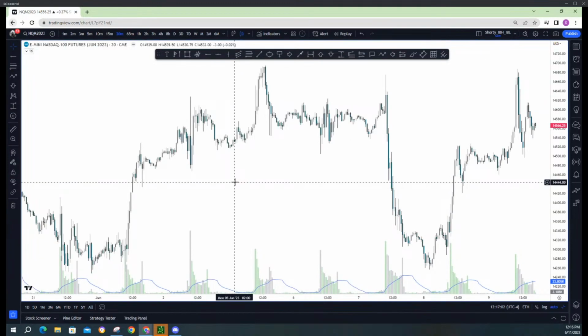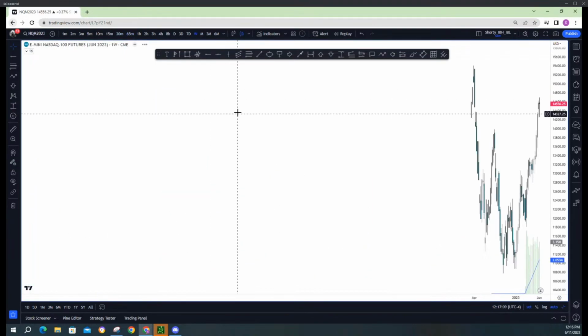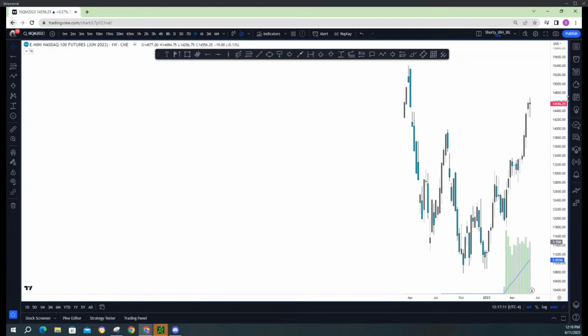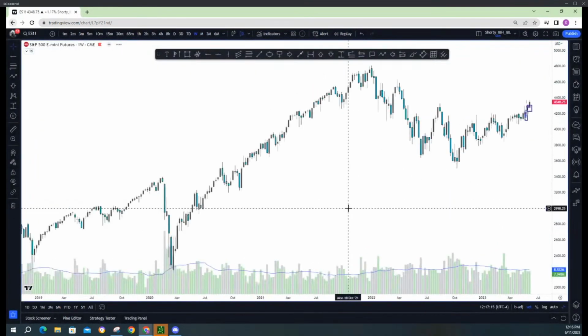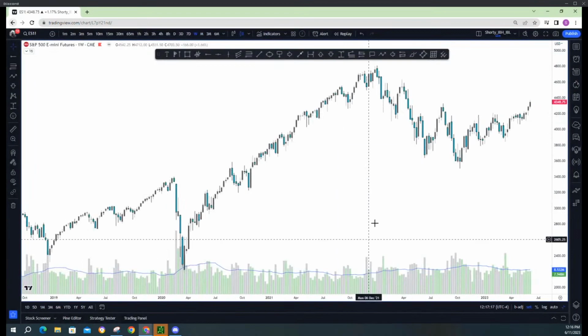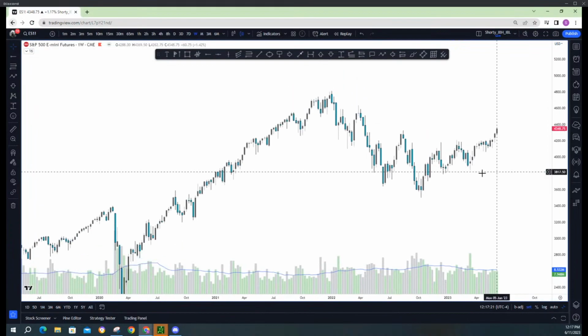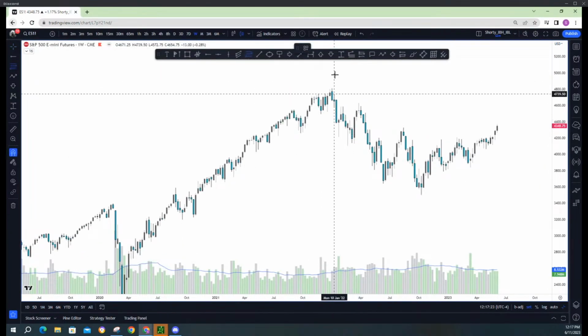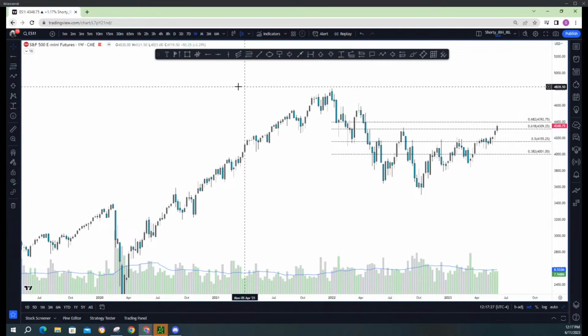I think going over them real quick would be nice. Okay, all right. So when you're looking at fibs, if you're starting with a long-term level, you have to be careful not to mix it in with your trading strategy. So yes, this would be all-time high to recent lows, and we're entering the golden pocket,